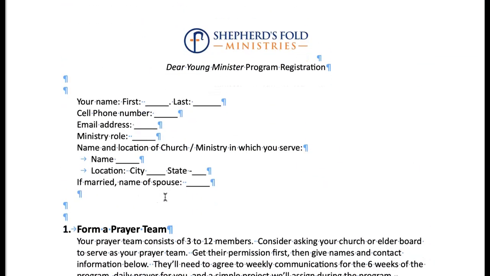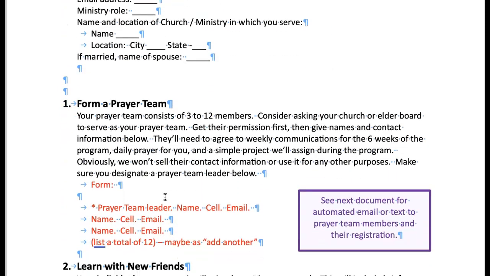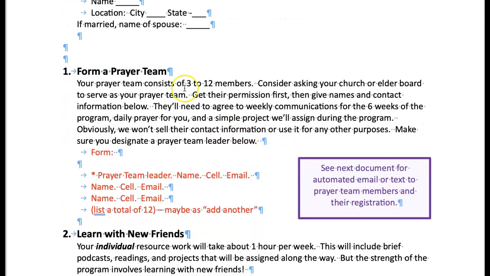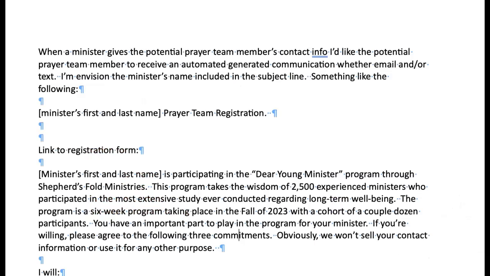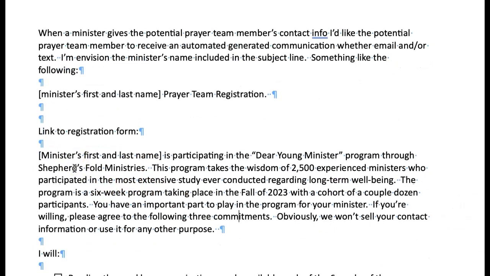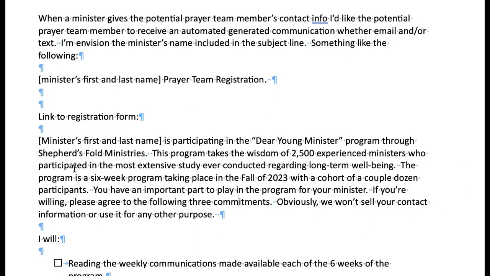All right, that's where the minister signs up. Now we're going to communication with the prayer team. They've nominated people to be part of the prayer team. I want the prayer team members to know what they're signing up for and to agree to it. So this is what I'm suggesting, some form of this. When a minister gives the potential prayer team members' contact information to us, I'd like the ability to